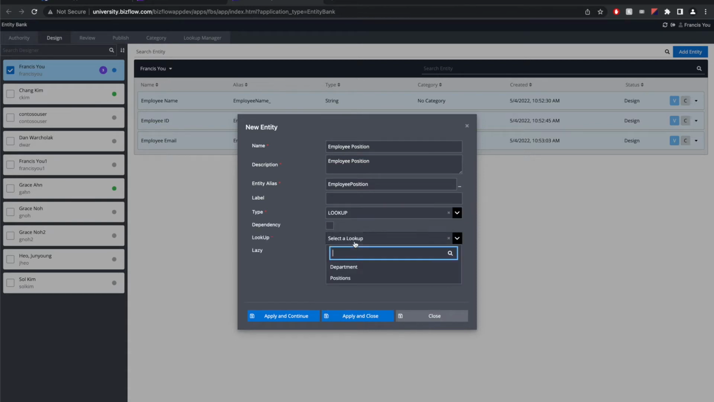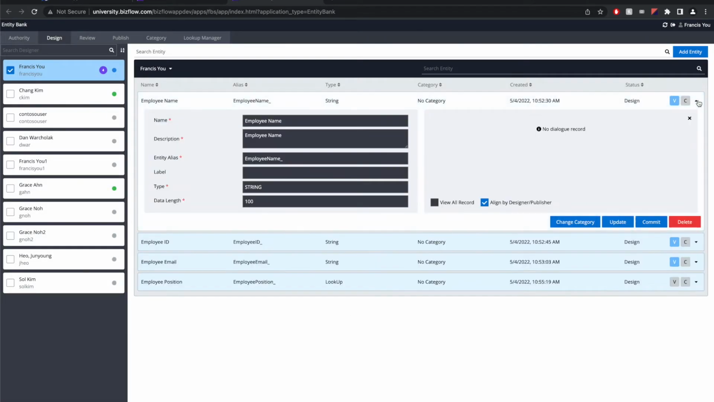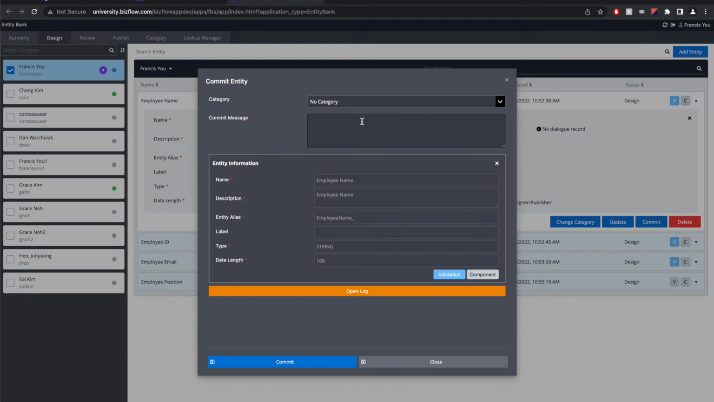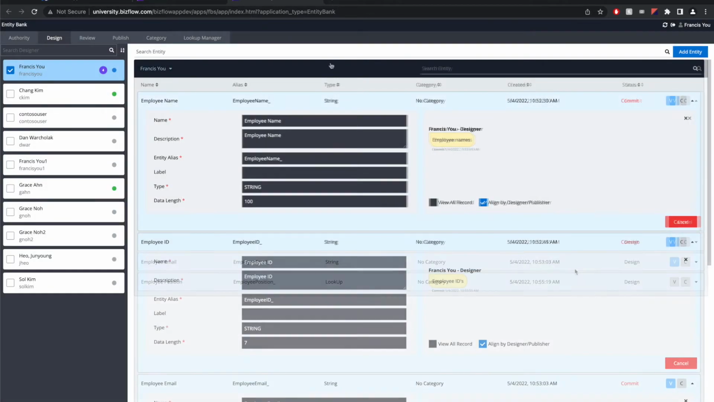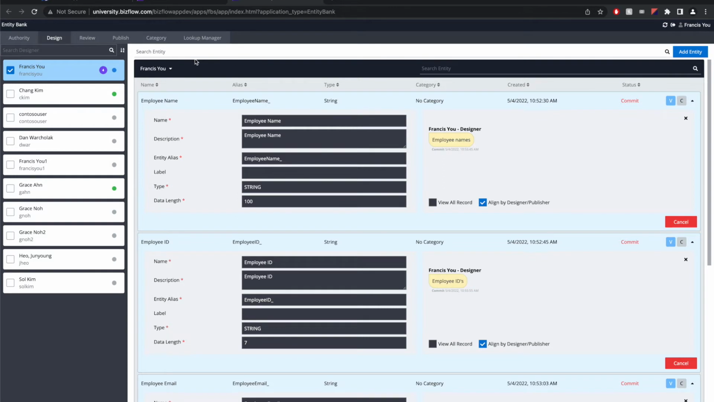This will come in handy for commonly used lookups within an organization, such as employee names or their ID numbers. In order for the entities to be fully added into the entity bank, they must first be committed by the designer with a brief comment of why the entity is being added into the bank. This is because once the entities are added into the bank, they can no longer be deleted, but can still